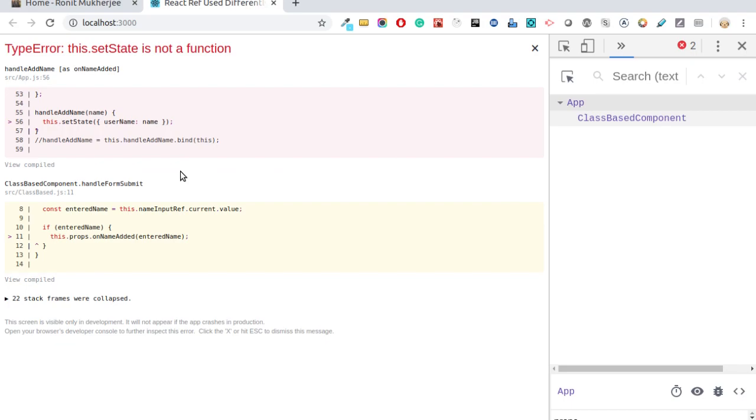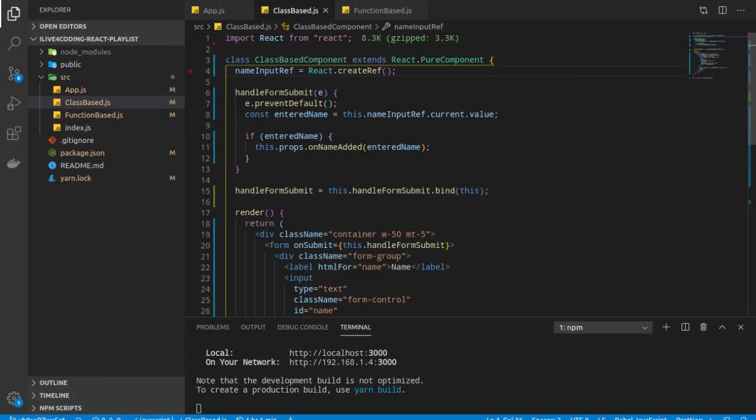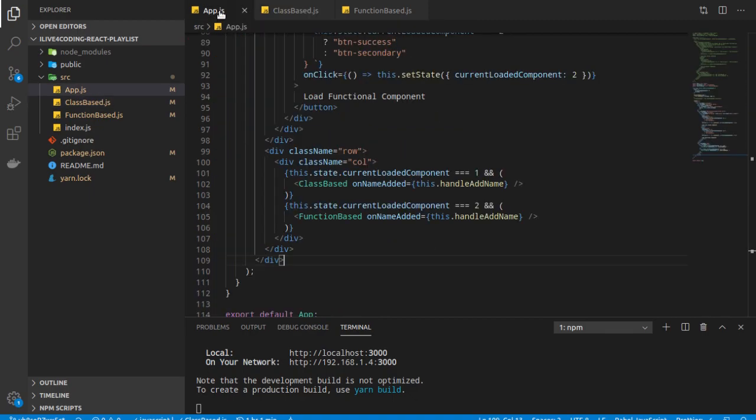Okay, so we got the error, and now this dot set state is not a function. I hope now you can guess what's the problem, right? So let's quickly jump into the code and see exactly what's the problem. And I know you have guessed it correct this time. Yes, this is the problem of this again, but this time it's from here.